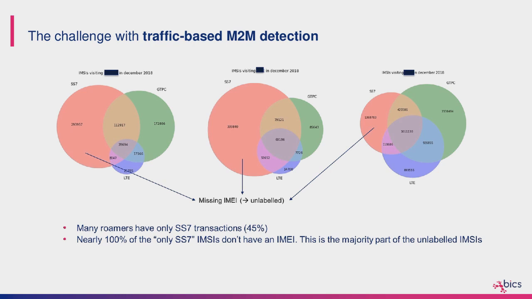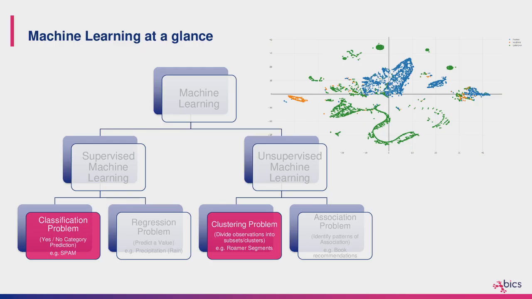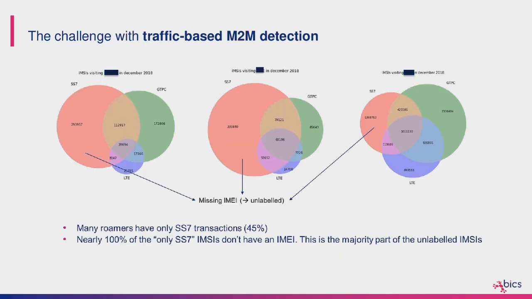The good thing is this is where these two elements of data science come into play. First of all, what we need to understand is what elements of this seemingly useless SS7 traffic, okay, because we now need to find the driver. Here we know that it's fairly easy to make a classification if we have at least more than one protocol, SS7 and LTE, or SS7 and GTPC, but clearly we have a problem when it's SS7 only. So let's solve that problem, and once that is solved, everything should fall in place.